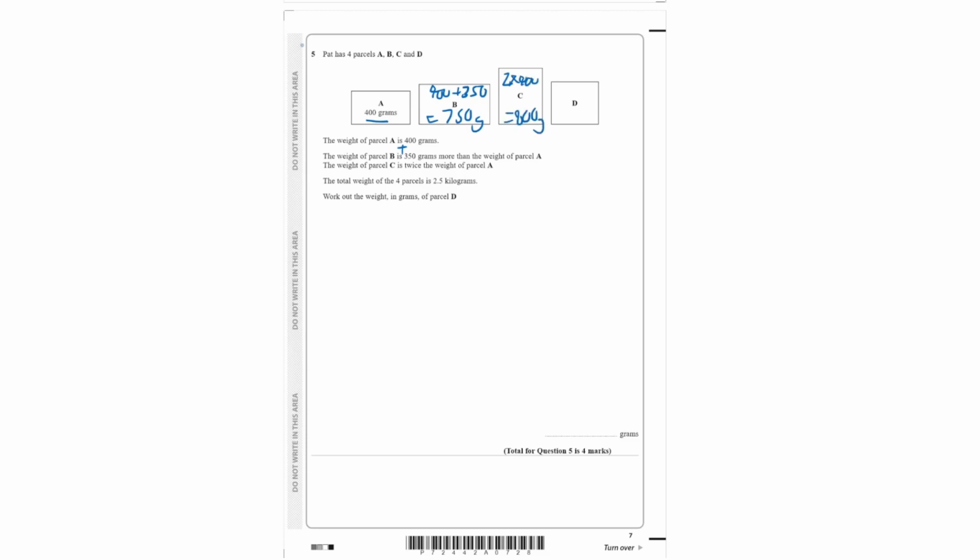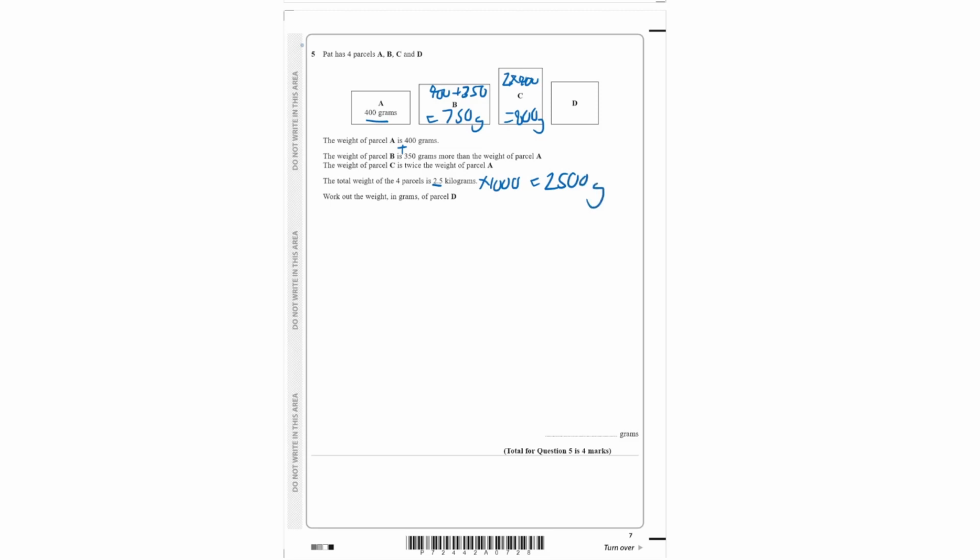And the total weight of the 4 parcels is 2.5 kilograms. Notice how everything is given in grams. However, the total weight is given in kilograms, so we can convert that to grams to make life easier. So 2.5 kilograms times 1,000 gives us